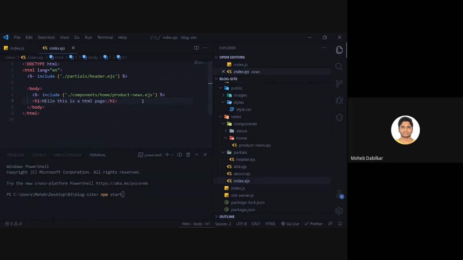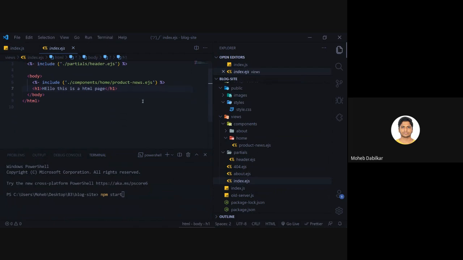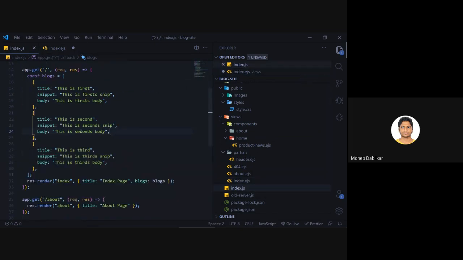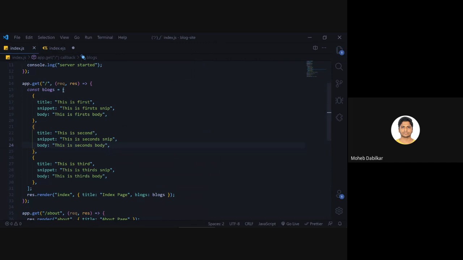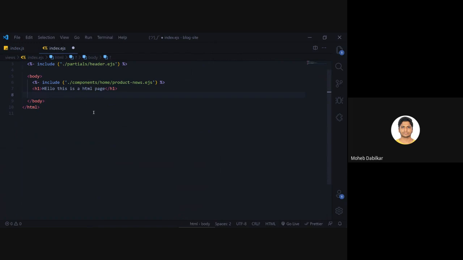So what we have to do is, yeah, so the block is an array. So how we will be using an array is, if you see over here, let me just close all the other stuff. You see it's an array, and then there are objects, so these are nested objects inside an array. So what we can do is, we can just say ejs, all right, and then we'll say if blocks dot length is greater than 0, then only do something for me. So we'll say ejs, all right, we'll say blocks dot